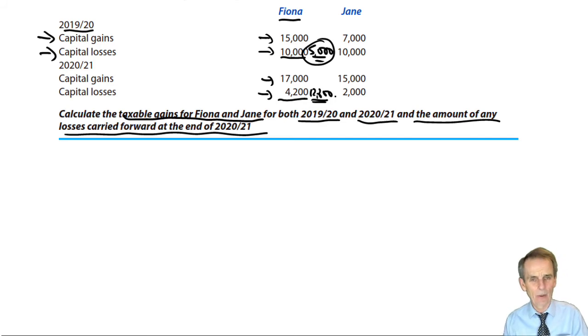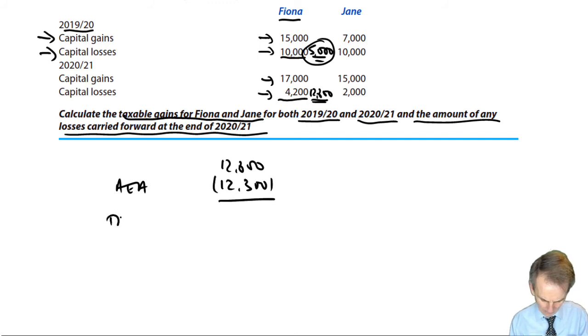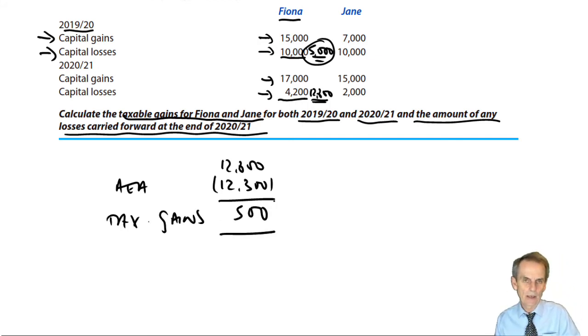So with net gains of 12,800 there for Fiona, we have an AEA for our tax year 2021 of £12,300. Take it away, and therefore she's going to have taxable gains of £500. To be able then to tax those taxable gains, though there's not very much of them, as you can see there, just £500, you would need to know, as well you should know by now, from the income tax computation